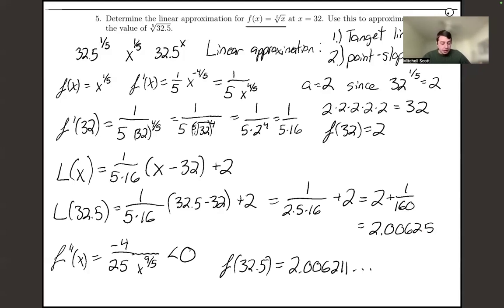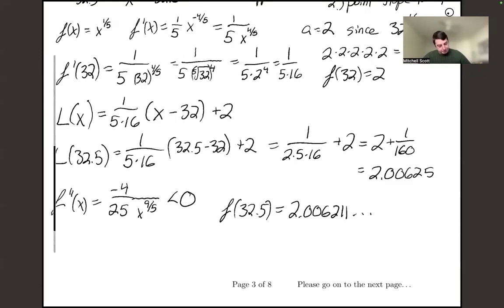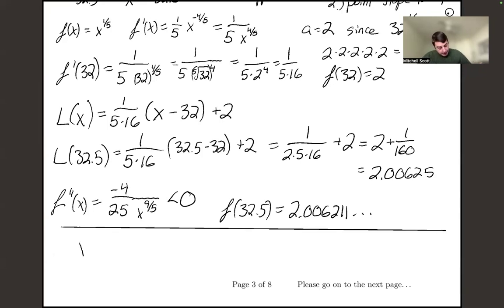Okay. And if we gave you a question like this, we can really only ask you questions about x to some power, and there are two different cases. Brief aside: x to some power p, if the power p is greater than 1, like x to the 3/2 or x to the 5/2, that means the graph is going to look something like this, and it's going to be concave up,